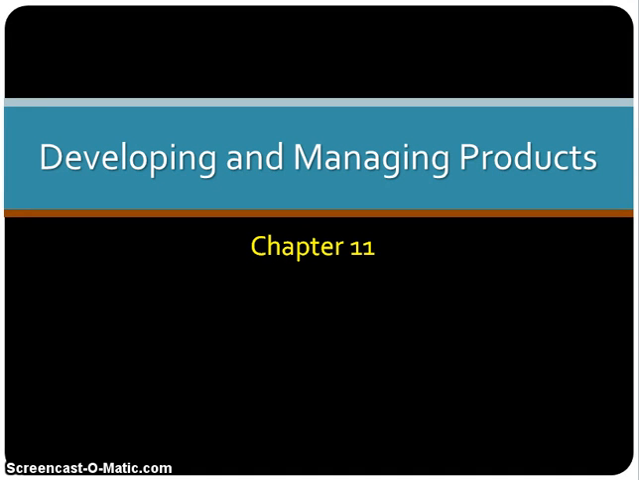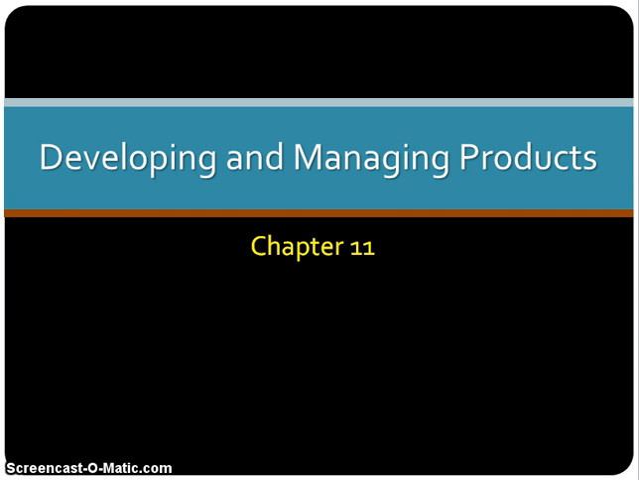Hi, in this chapter 11, we will learn about developing and managing products. There are three learning objectives. The first is to understand the different types of products, the different ways in which new products can be classified. The second learning objective is to understand the process of new product development. And the third is to understand the product life cycle, which helps lay out how new products diffuse or are